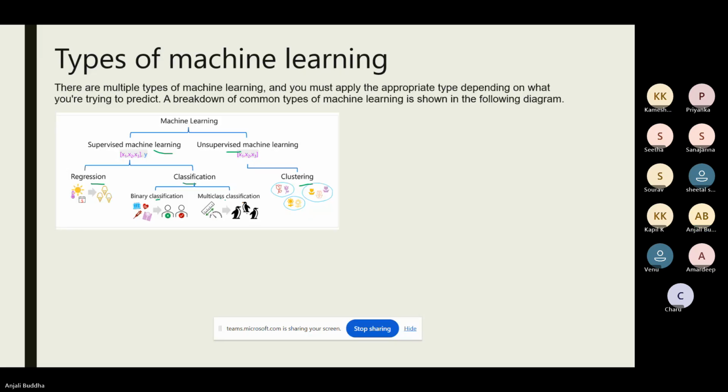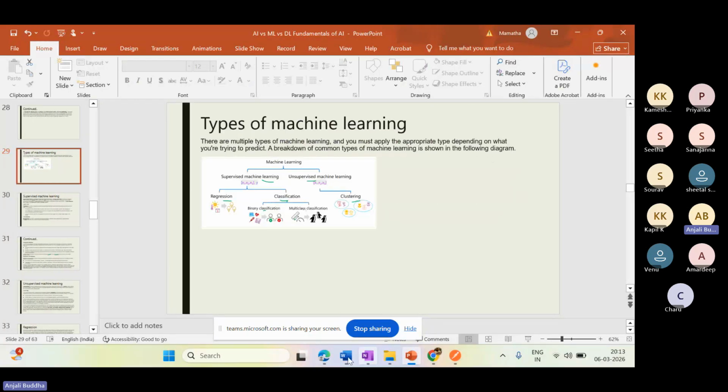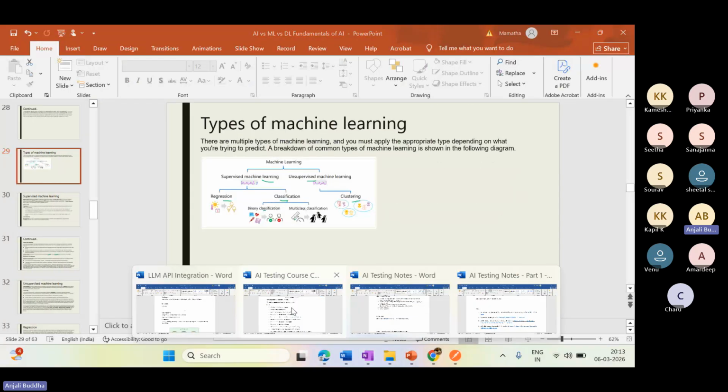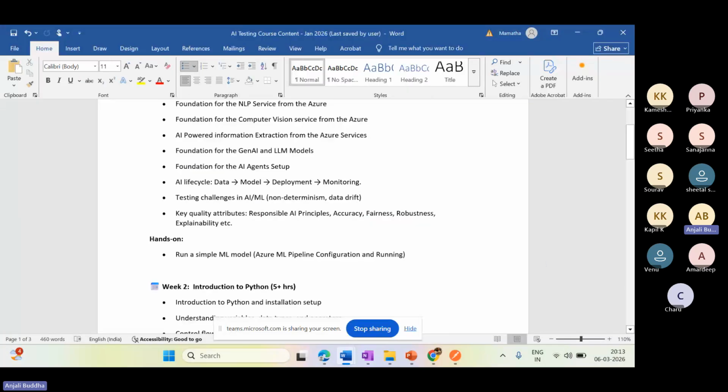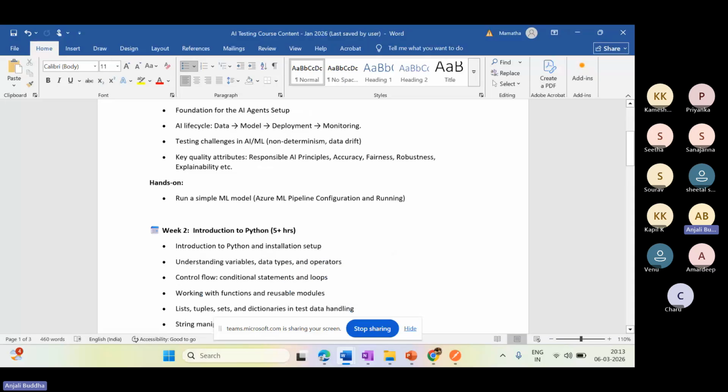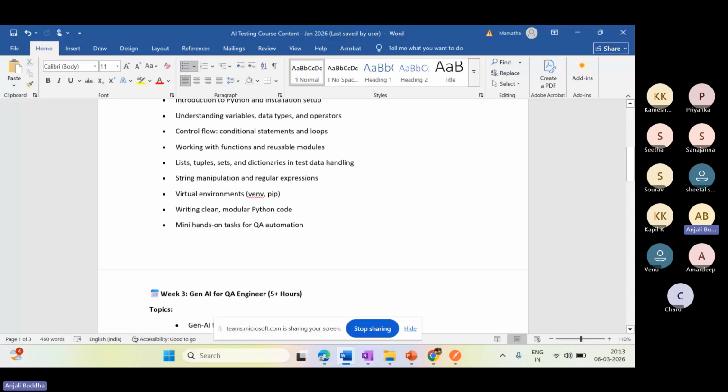Will you be covering Playwright in depth? Yes, Playwright is also covered. Once we're done with these basic LLM models and different service types creation, then we are going into Python with Playwright.